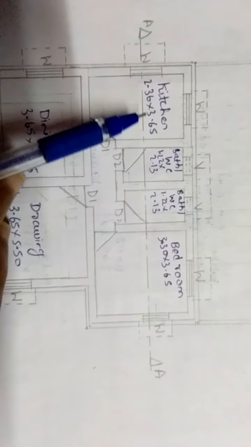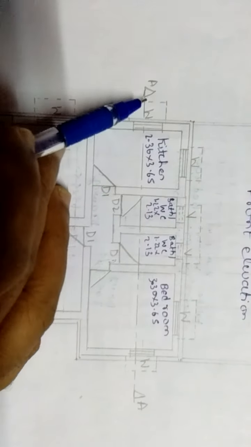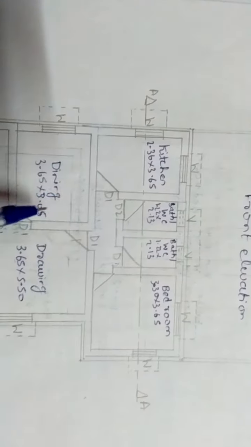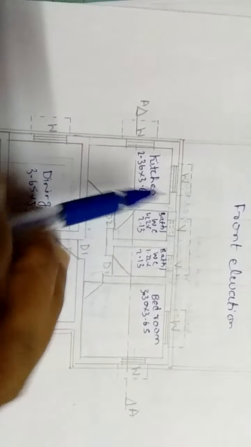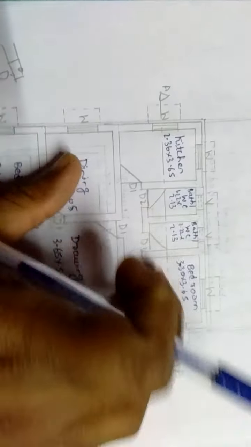As I told you in the previous video, this is the section line and the forward arrow mark has been given. Whenever the forward arrow mark is given, it means the building should be seen in this manner, in the forward direction. So below the section line, whatever portion of the building is there, you have to take it away, because you need to see from this direction. Below the section line, take away all the part and see in this direction.